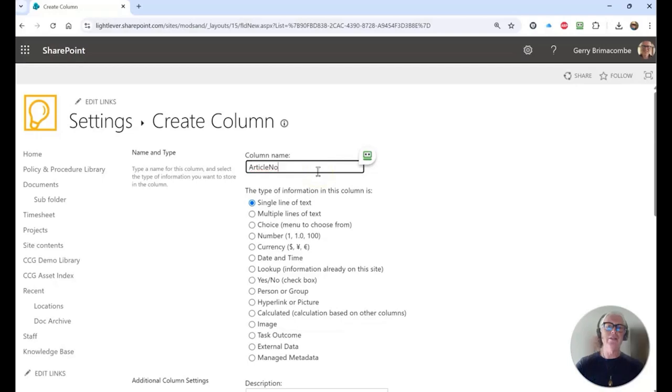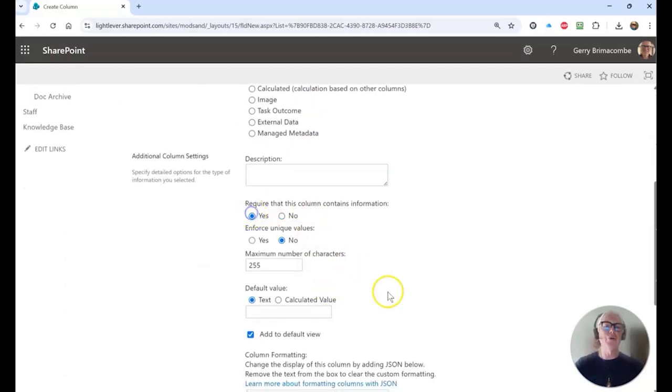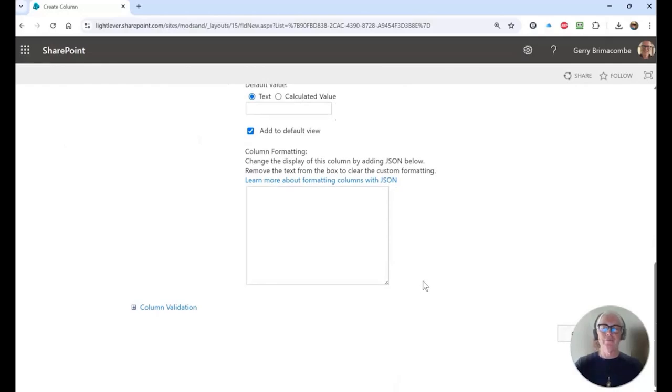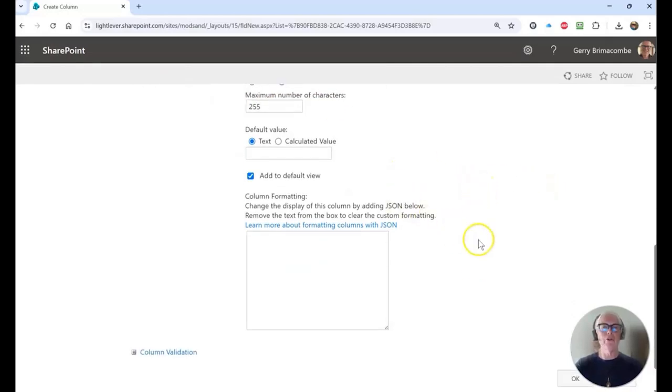Notice no spaces, and we'll use a single line of text. And I want to make this mandatory. Let's require this column contains information. You could also make it unique here. For simplicity, I'm not going to do that. It has some complication, but if you want to have unique article numbers enforced systemically, you can do it that way. Okay,